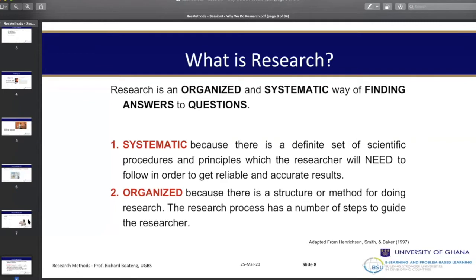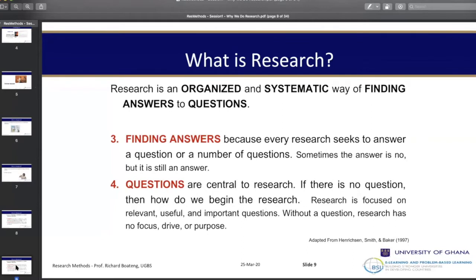Now, these ones are generic to all, being the fact that irrespective of the discipline you belong to, in every research, you are supposed to find answers, and you are supposed to find answers by having questions. So the question starts the whole research process. Because it's a search process, your search is based on the questions you have. And because of that, sometimes the answers that come out can be yes, no, or maybe, but it's an answer that came out of the questioning process or the searching process.